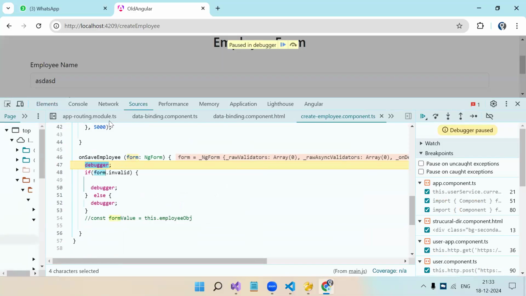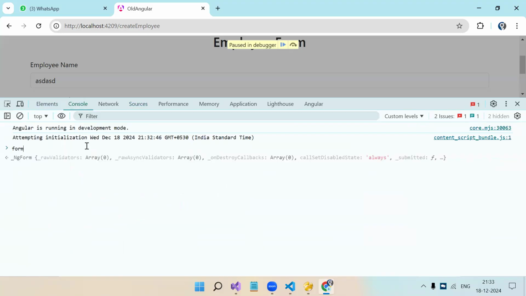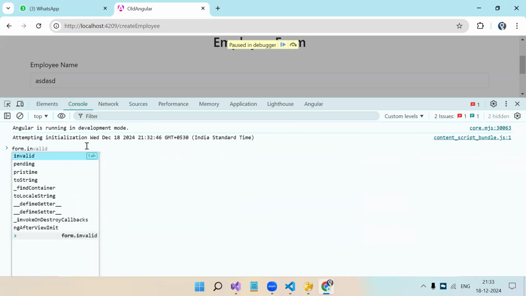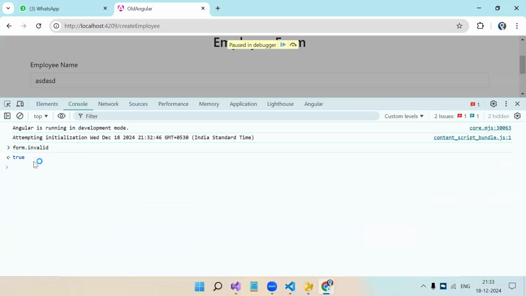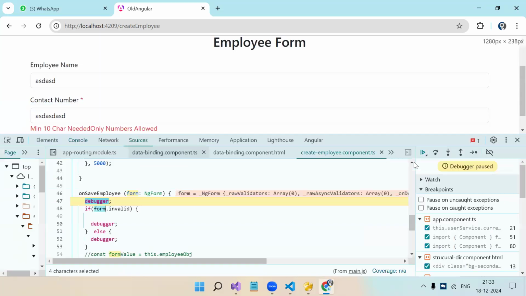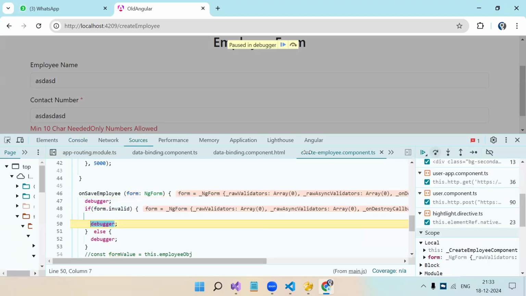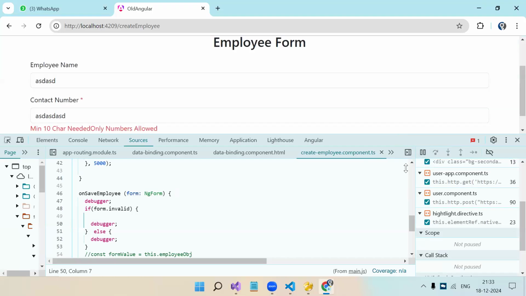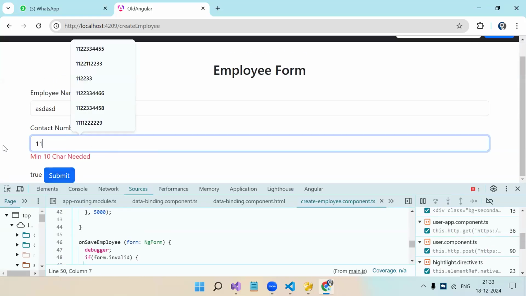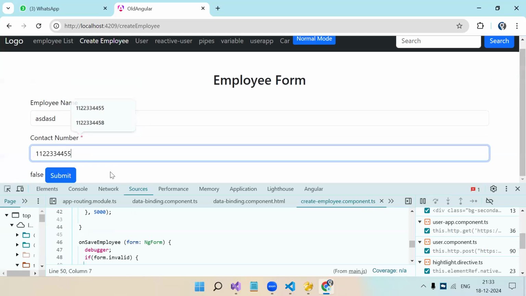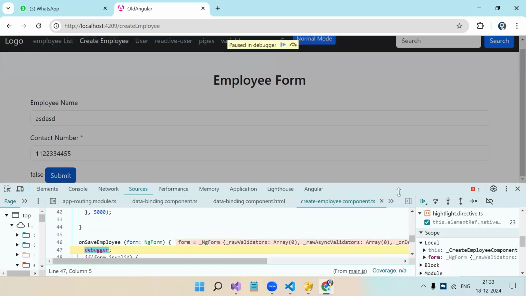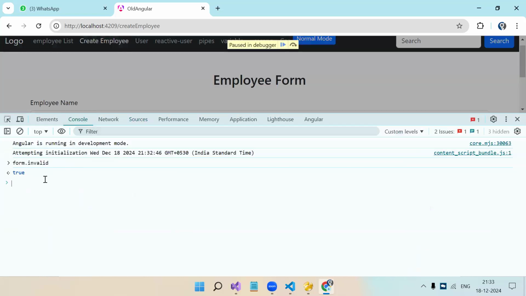Okay, so form dot invalid. See, the form is currently invalid, so we have got true. So it will go to the if block and we will show an error like the form is not valid. And if we pass the correct value, let's click on submit. Now again, if we check form dot invalid, we should get false. See,